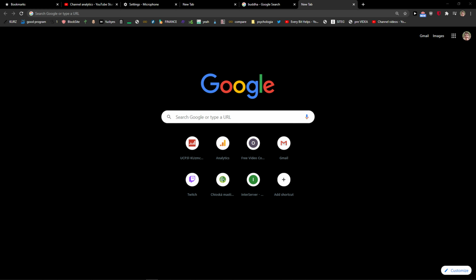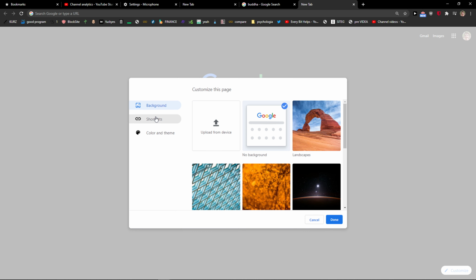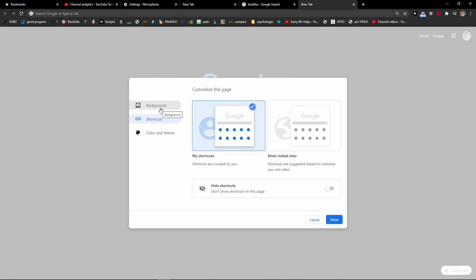I will show you a simple way how you can change your background in Google Chrome. So let's start. The first thing you want to do is just go to the right hand corner to customize, and then you can add a shortcut,